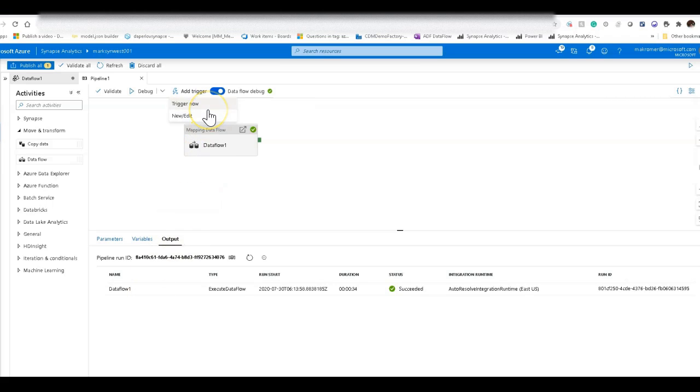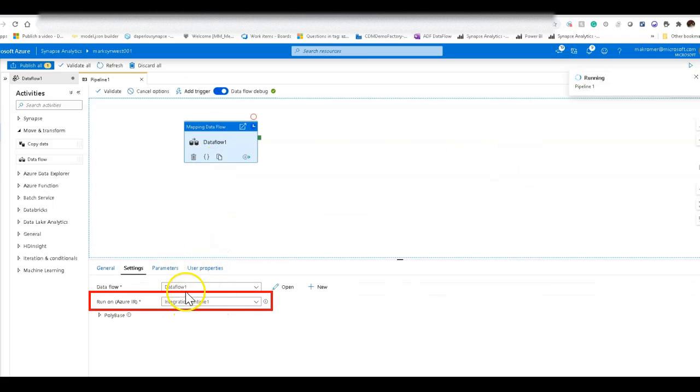And that's perfectly fine if that's what you want to do, but notice how I am not in Git mode, and so I have not published this. So I would have to publish it and go through all my factory validations to make sure that it's there, and then publish and then test. But I want to stay in this environment, but I want to run it against an operationalized, productionized cluster. So now the option you have is to go to debug, use activity runtime. This will now use the Azure Integration Runtime and start a new cluster based on this integration runtime down here, not the Dataflow debug cluster.